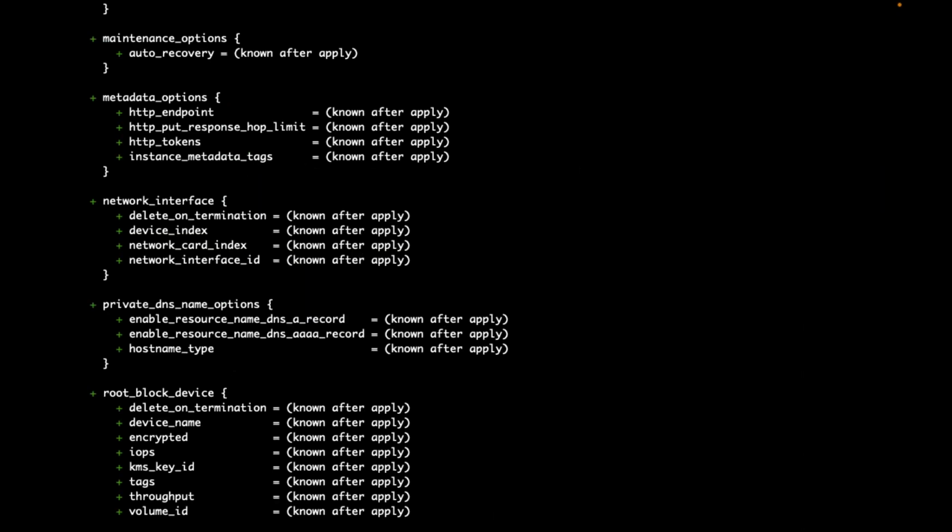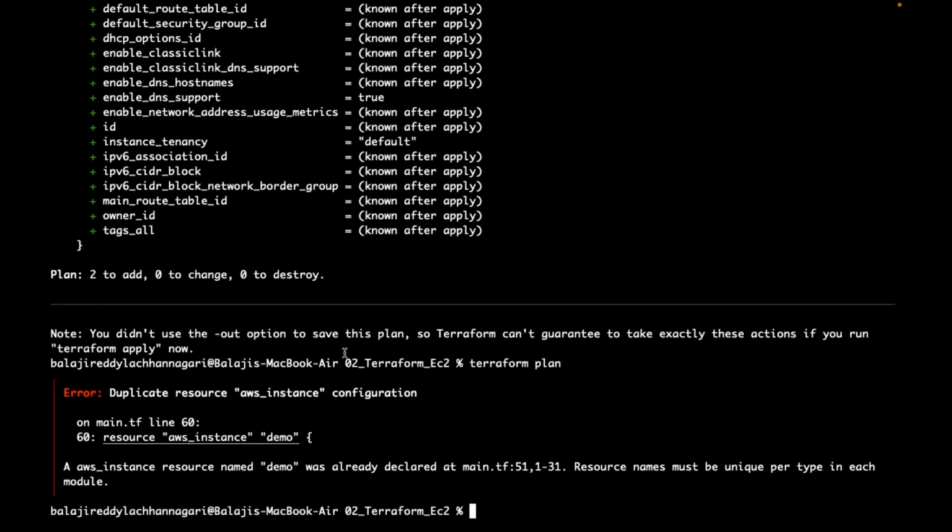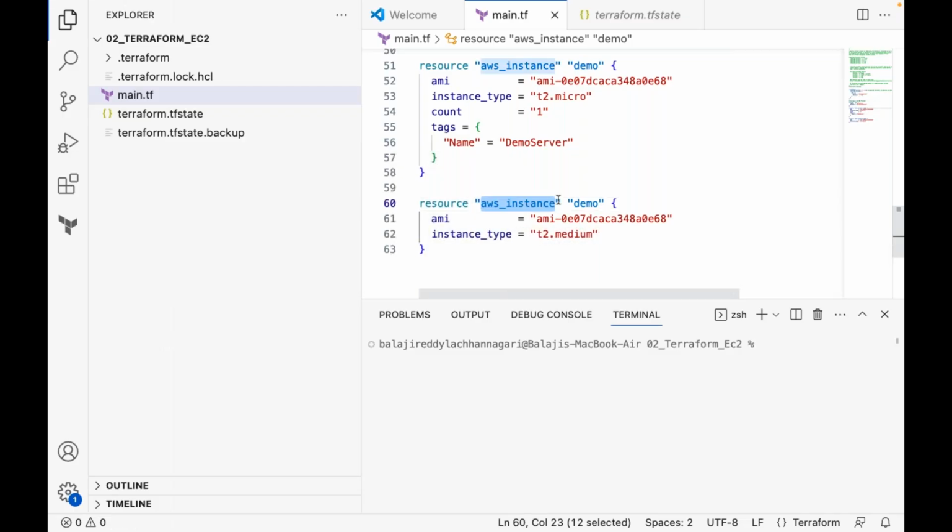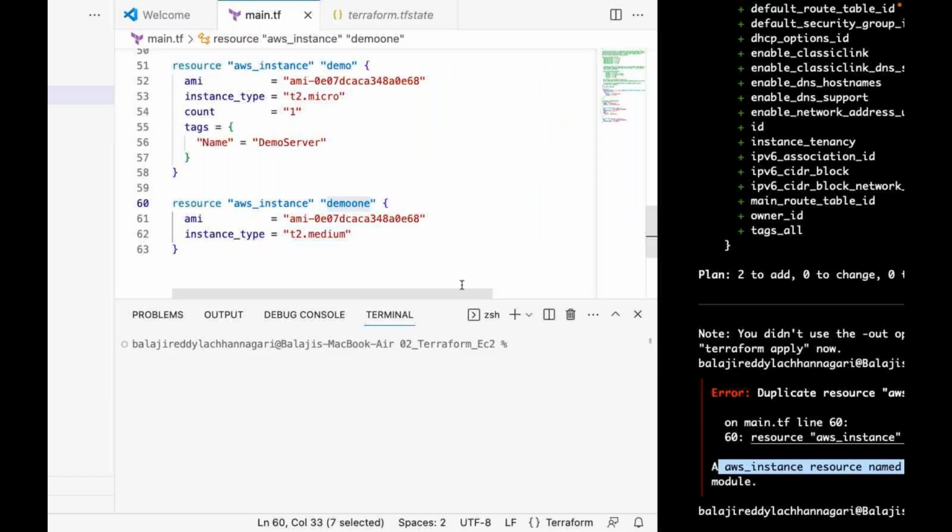If I say terraform plan, is it throwing error? Resource type and name should be served as a unique identifier in that module. It is throwing error. So can this be the same when you are dealing with the same resource types? Can I use the same names for the same resource types? No. But in this case, can I use something else, like this? Yes. So now if I say terraform plan,